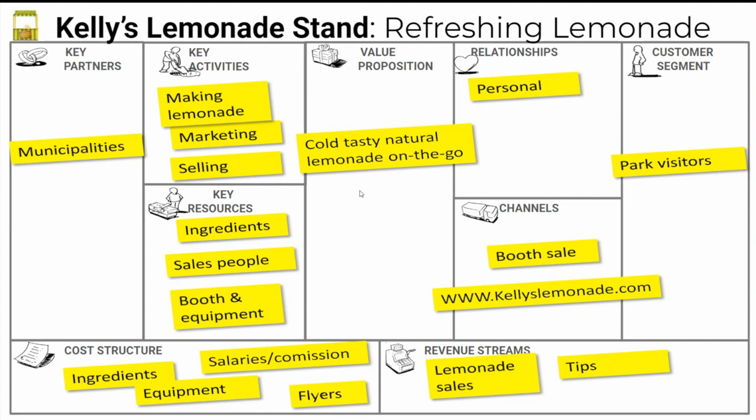طيب من الكي بارتنرز مال الليمونيد بوث؟ الليمونيد بوث عنده كي بارتنر واحد حاليا and we can add another one as well. الكي بارتنر الاولي راح يكون municipalities اللي هم الهيئات الحكوميه اللي تسمح او تعطي that kind of تصريح او تخويل حق الليمونيد انه يكون في البارك. We can add another one as well which is مثلا شركه خضروات معينه مثلا اللي قاعده تجيب الليمون فريش كل يوم حق الليمونيد بوث.